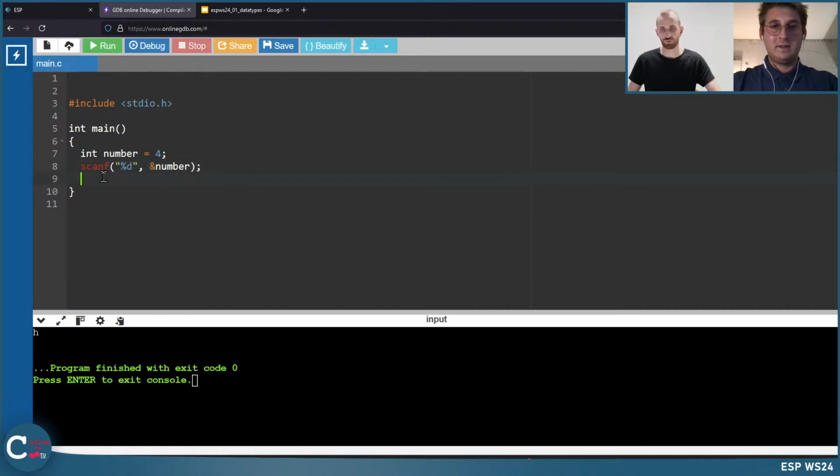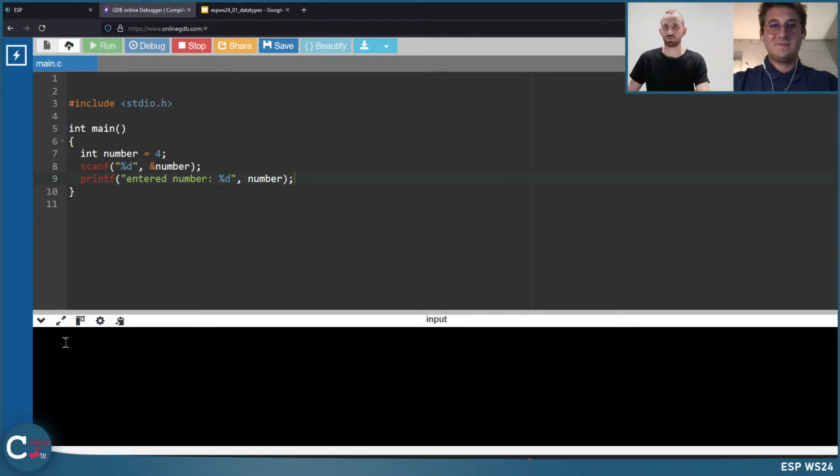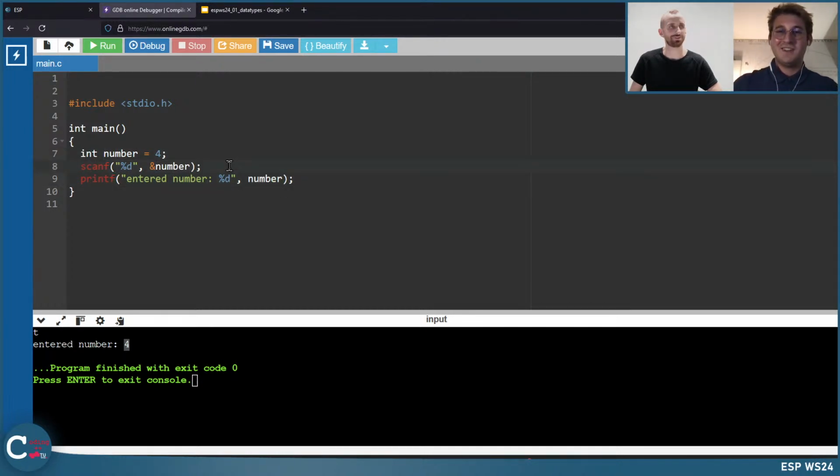Okay, it's not printed. Maybe we should add printf in the end. Entered number. That's the number. So we can enter a number, let's say t, and then we got entered number is 4. Interesting. Have I missed something?